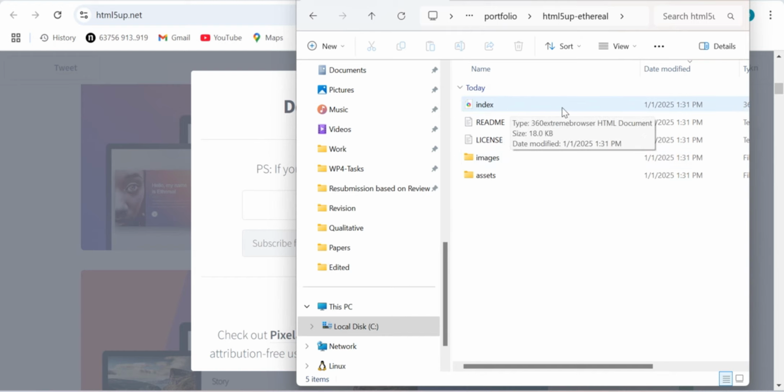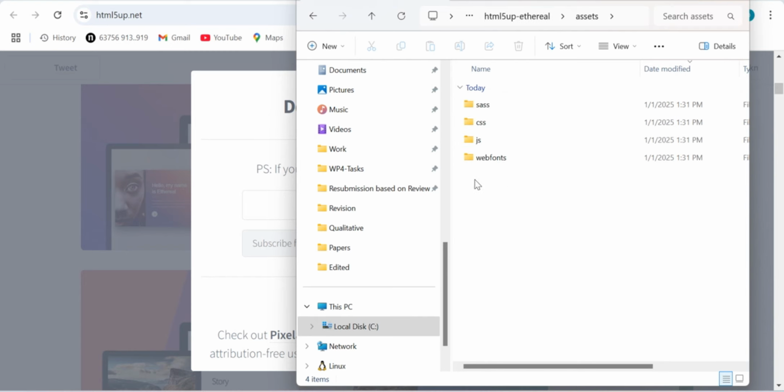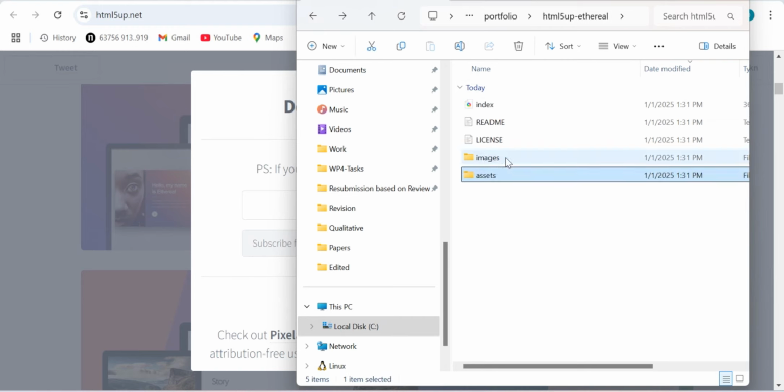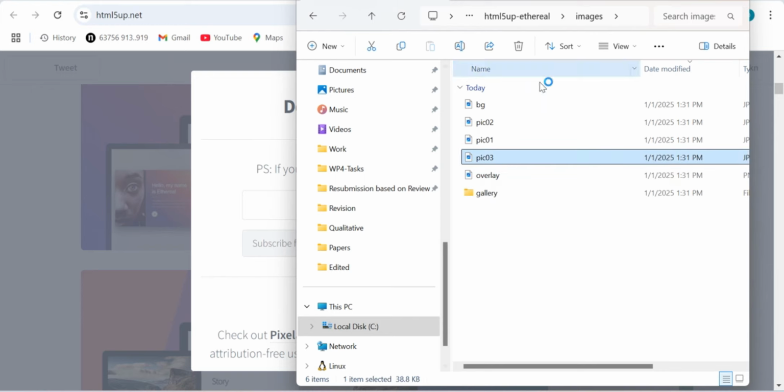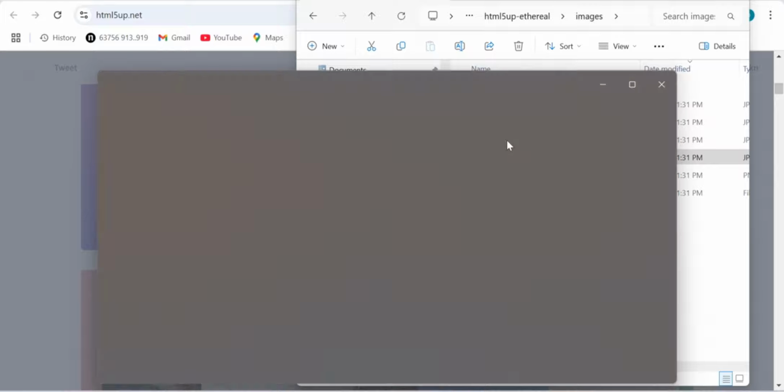This is the index.html. This one will help you display whatever information you have onto the web. It also has some assets. Normally it's composed of the CSS, the styling, the JavaScript, and the web fonts, so these are mostly front-end stuff. You also have your photos in here, which you can put in a source directory to pick and display these images on your web page.